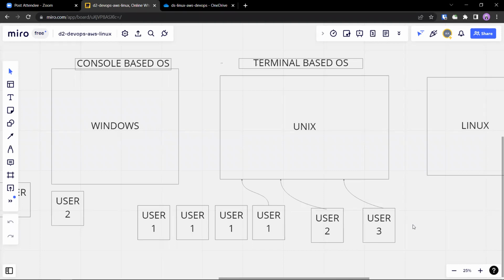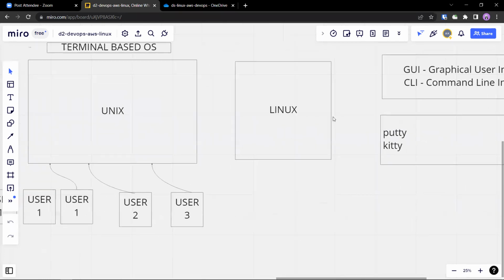Single versus multiple. That's the first important thing. A second point, even though it's not a difference, it's a general misinformation: GUI versus CLI, graphical user interface versus CLI.